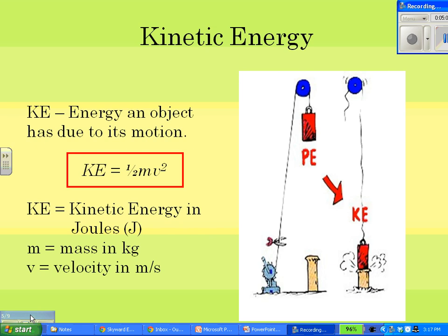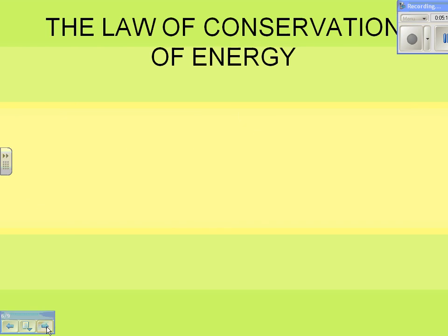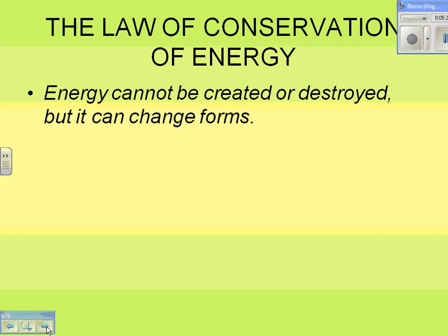There's one really important physical law that governs all of this energy, and that is the law of conservation of energy. What the law of conservation of energy states is that energy can never be created or destroyed, but it is allowed to change form. So it can change from potential to kinetic, and that's okay. So a couple of examples when this might occur